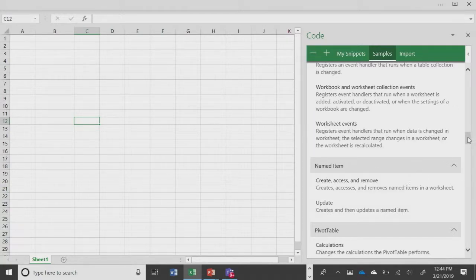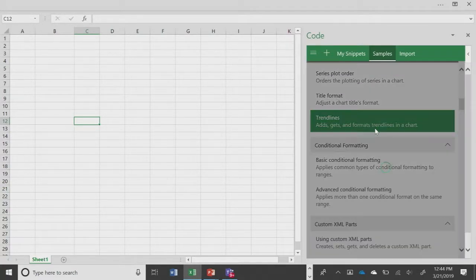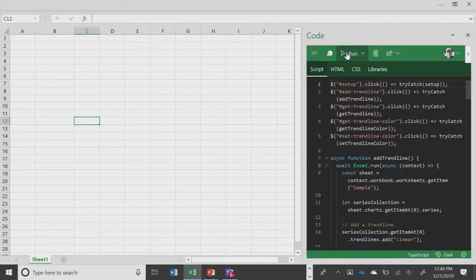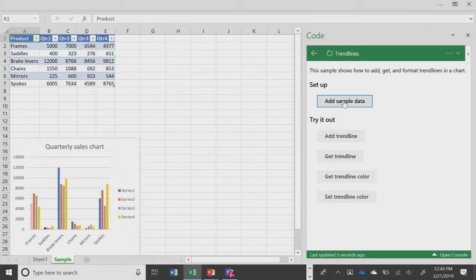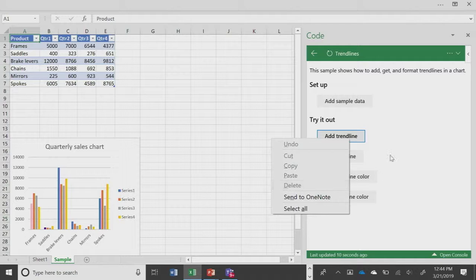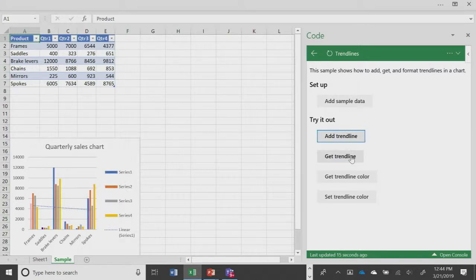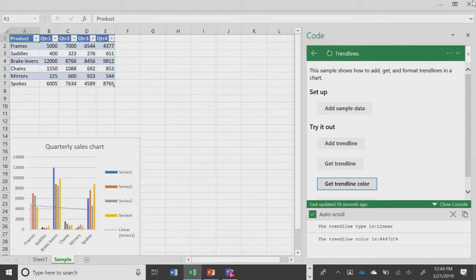What you can do with them then is, let's pick something. Let's say trend lines. I think that if you do this, you'll have to actually run this in the pane. You can very quickly, with Script Lab, run samples, right? It's kind of neat, because not only can I modify all of this stuff and do things like add trend lines and modify all these charts, I can actually go back and edit the code. So if I wanted to format the code for simple things, change colors, change values, change names, change fonts, all these things are very, very easy to do in Script Lab.